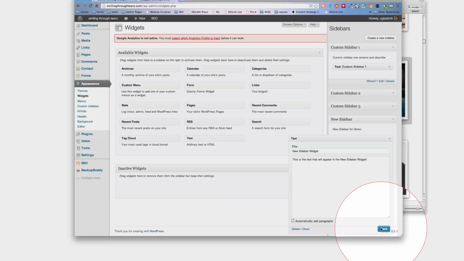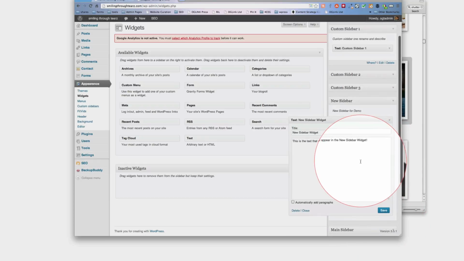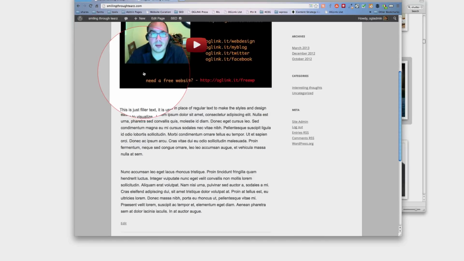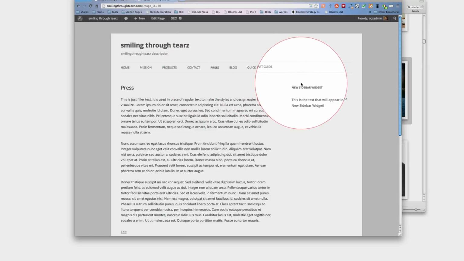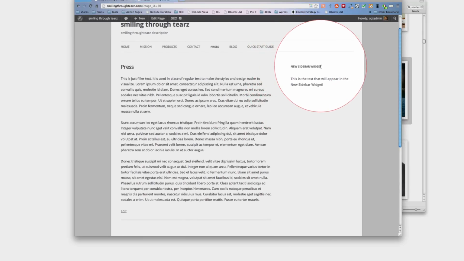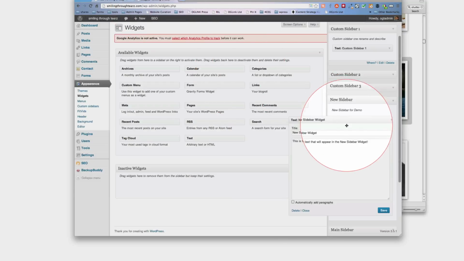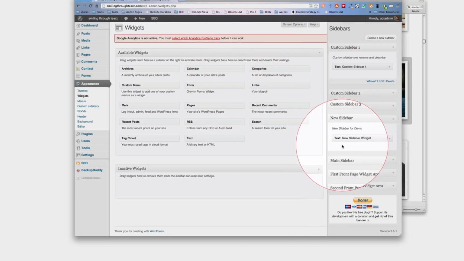We'll click on save and go to the home page and click on press again and see what happens. Notice that we now have one widget on the side, but it says new sidebar widget. This is the text that will appear in a new sidebar widget. So that represents this action that we did earlier, where we have the new sidebar, a new text widget, and we type something in